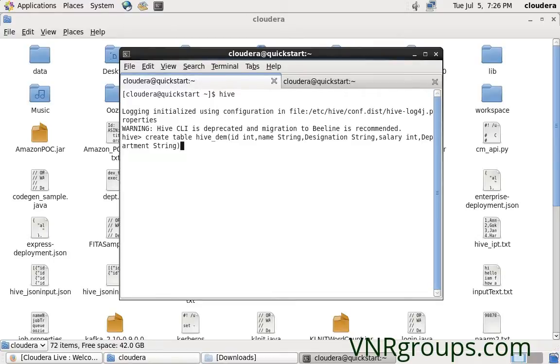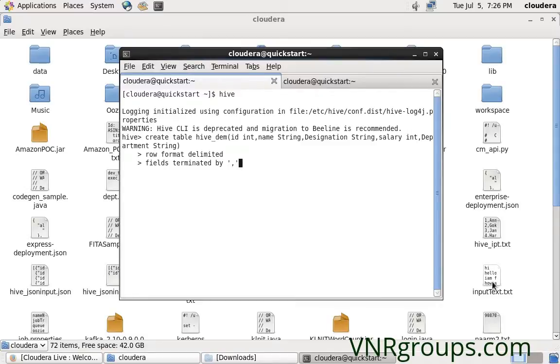In Hive, our MySQL syntax looks exactly like this, but in Hive we have some extra properties that we have to specify. Our data is row format delimited, and the fields in our input are terminated by a comma. Each input field is separated by the delimiter comma.